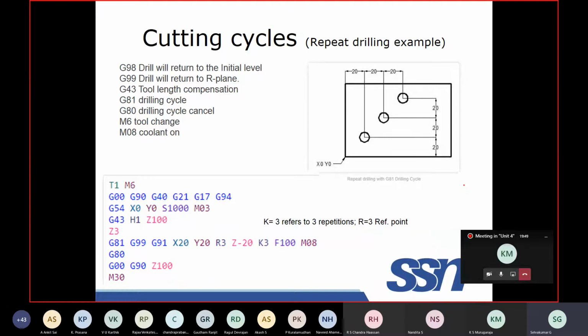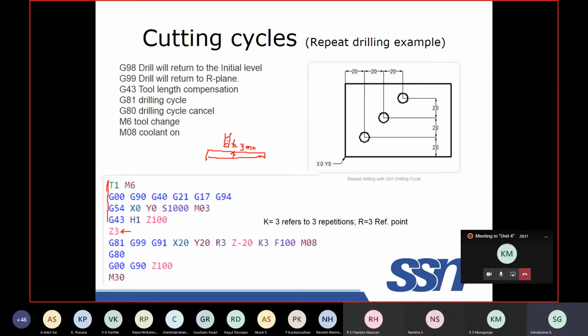Here I am giving you another example of a cutting cycle. If you look at the first few lines, they are tool selection, compensation, etc. At this location, I am keeping my tool 3 mm away from the job. Let us assume this is my job. This is the thickness, the front view. I am keeping my tool very close to this job. This is my tool. This distance is 3 mm. This is the reference point here.